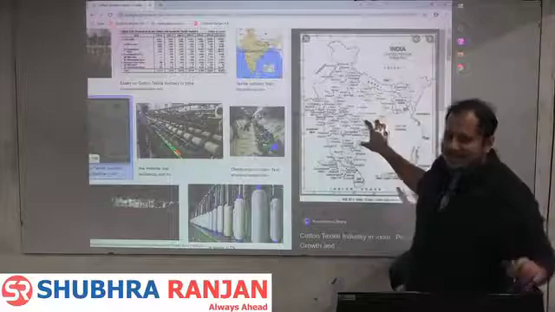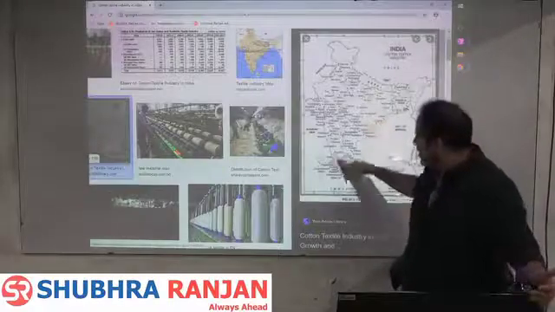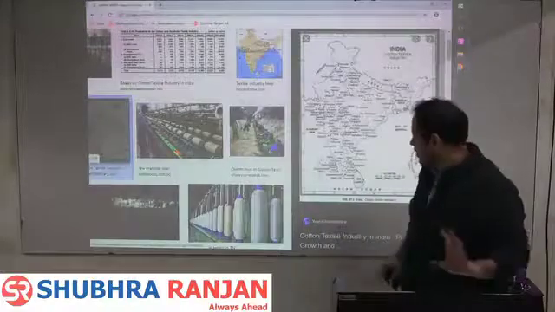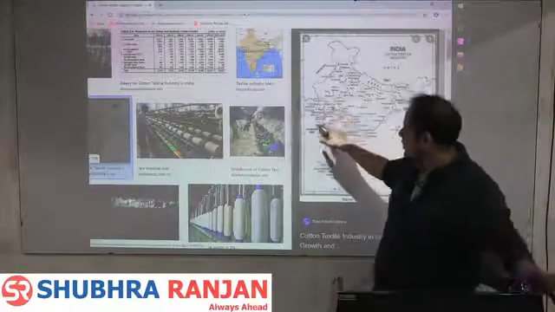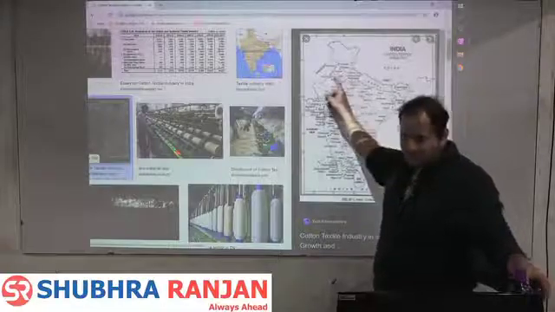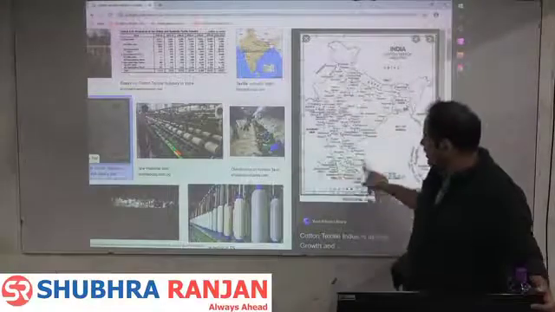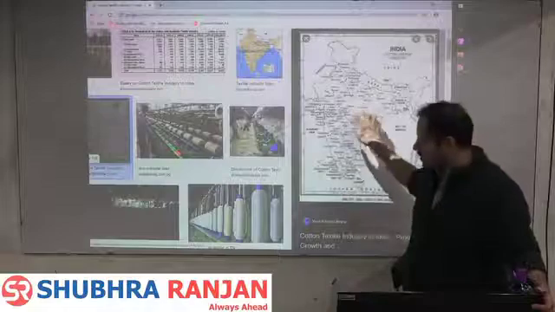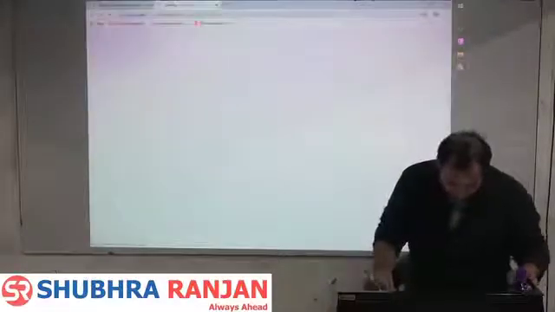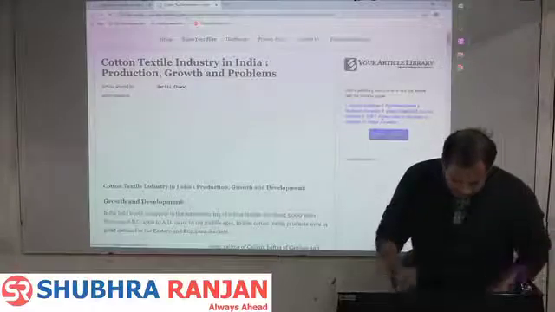Can you see any certain location? It is present all over India. So the cotton textile industry is well distributed all over India. But the most black dots, can you see, are present in this region? A few black dots are present in this region. So you should remember the map like this, what is given in Khuller, this is nothing but Khuller's map. Or we'll do, you should just remember the headlines.